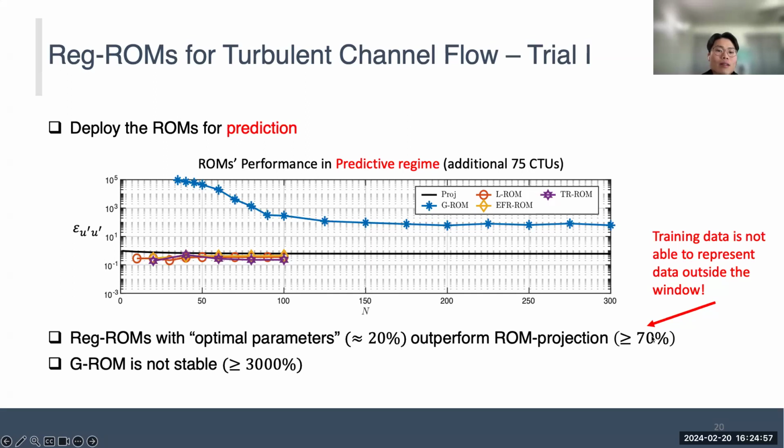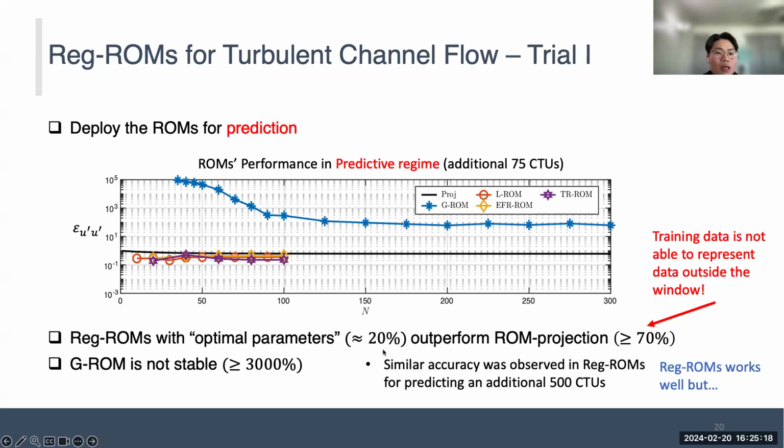The fact that we have 70% error in the projection just says that the training data that we have is not able to represent the data outside the training window. However, with the reg-ROM with optimal parameters, we're still able to reach pretty decent accuracy, which is 20%. And similar accuracy was observed in reg-ROM for predicting an additional, much longer, 500 convective time units. So it seems like reg-ROM works, but